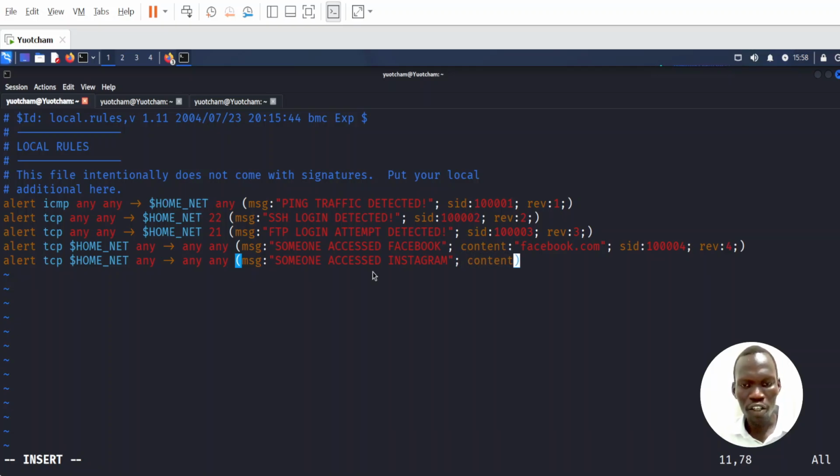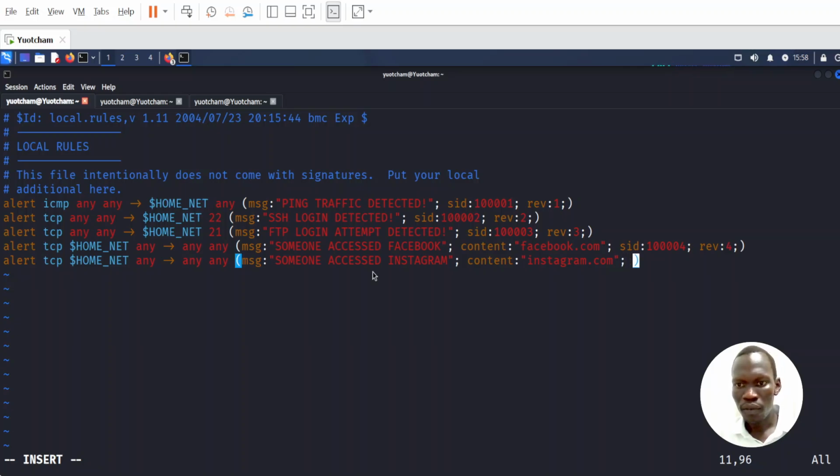And then the content here, of course, is the domain of that particular platform that we don't want users to access. So here we will say Instagram.com,